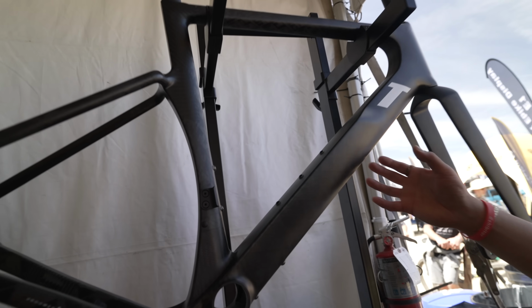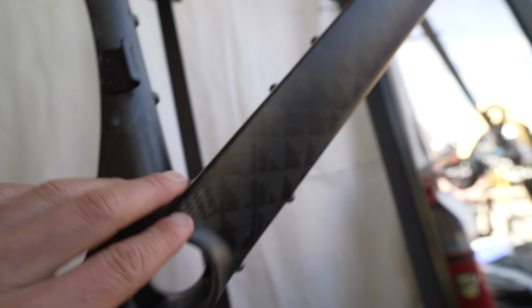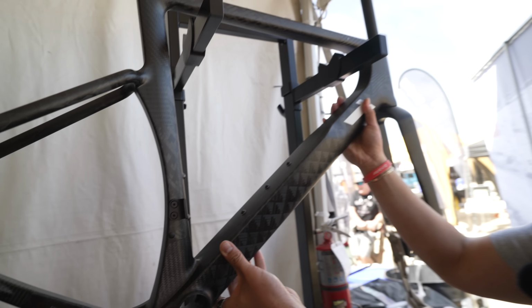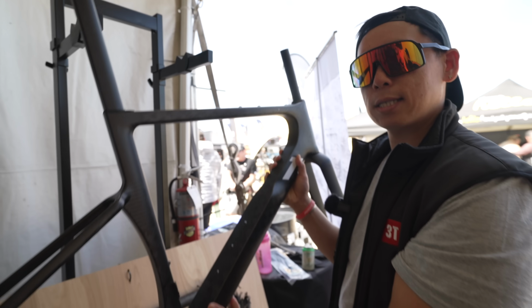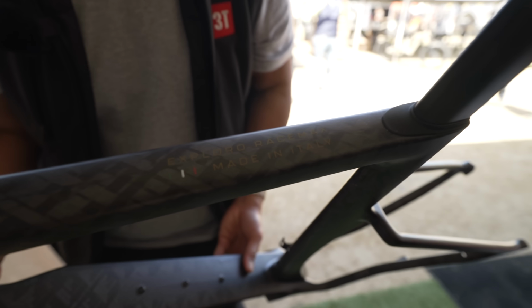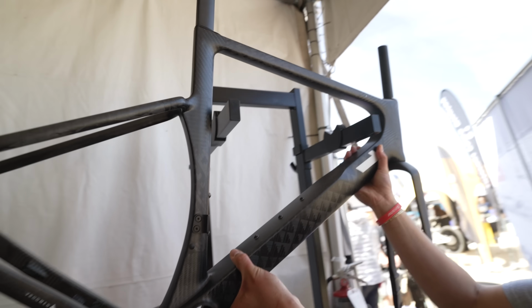From here, as you see, this is our Project X frame. Super sexy, nice X crisscross frame design, raw carbon, not painted. And as you see here, because of the sustainability and cost, this frame here is actually $5,500. Made in Italy, right? So the story behind this also, as you can see,